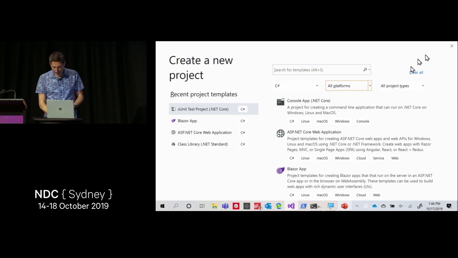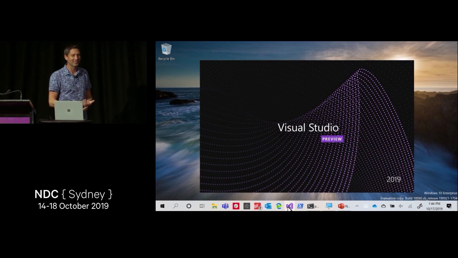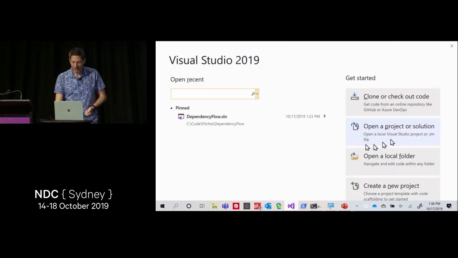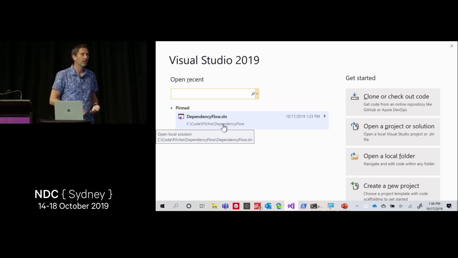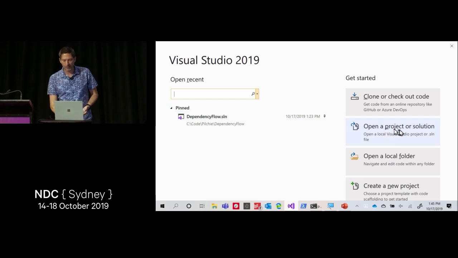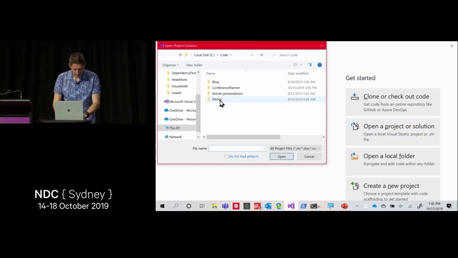Again, we're not going to do this, since we'd be restarting VS. We are instead going to open an existing project that I've already created. I have it here pinned, so this is a recent list, and you can pin things to it, like most jump lists. Instead, because I want to show you something in the open solution dialog, I'm going to click over here on Open a Project or Solution. I'm going to find that